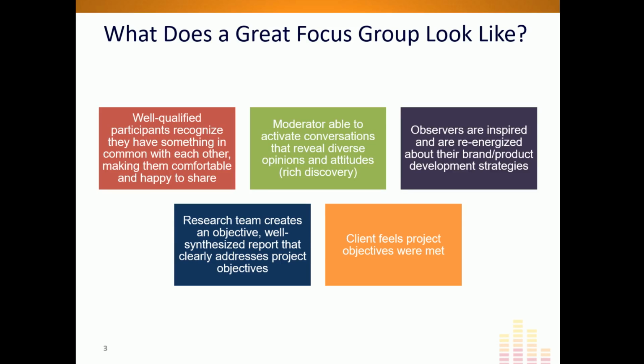So there are a few things that we can do in research to make sure that the research report is going to be written in a really comprehensive, well synthesized and objective way. One of them is to make sure that we don't write that report based 100% on our own inherently flawed human recall. For a project to be truly excellent, that report is objective, it's really synthesized, and always, always, always make sure that it is clearly addressing the original objectives for the project.